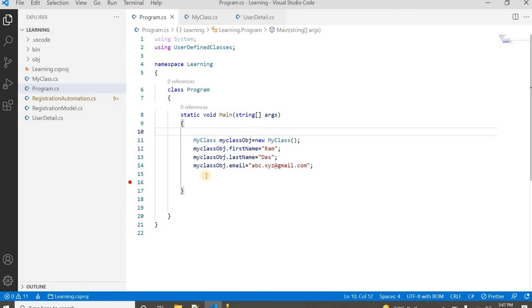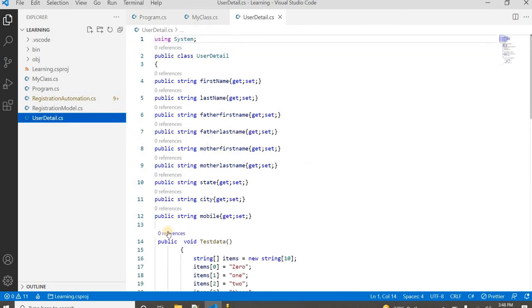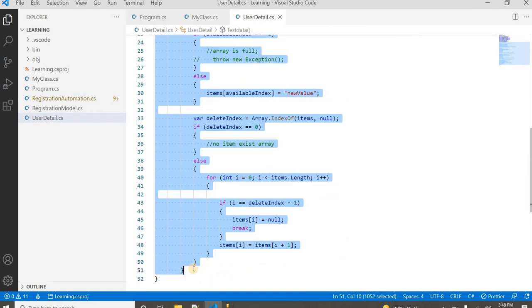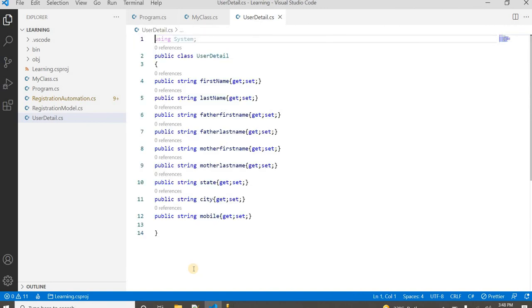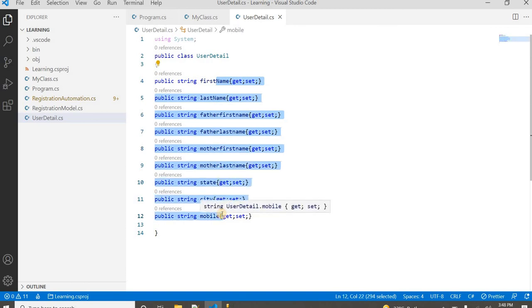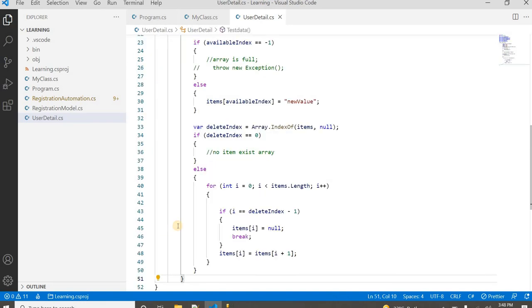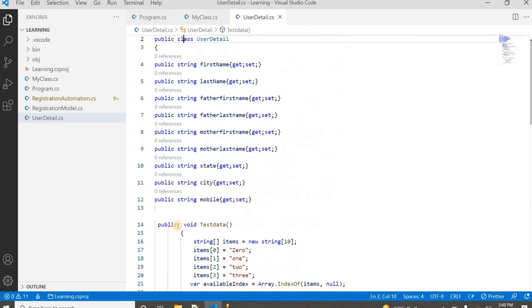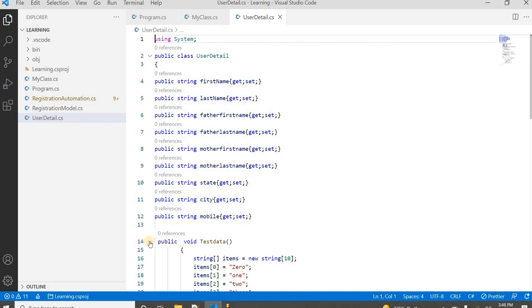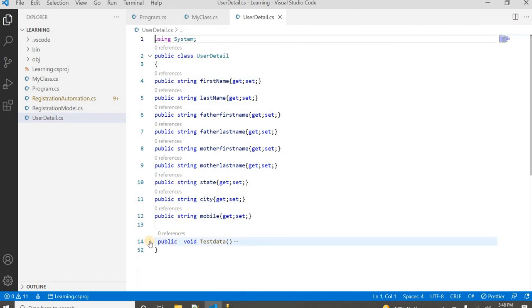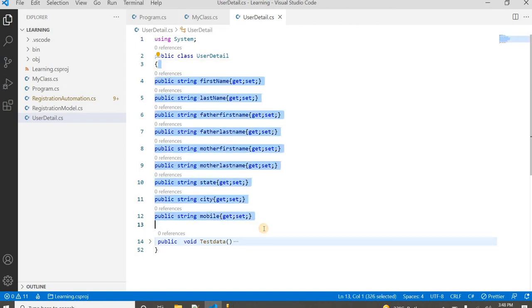So that's all in this video. In the next video I will take one entity class. Usually we call an entity class a class which has properties only, like this. Now this class contains only properties, first name, last name, all these things, so we can call it an entity class. If a class contains some method as well, like if I define a method here, in that case we just call it a class. That is just a name to pronounce it. Either it's an entity class, or we also call it a model. Model or entity class, both are the same.